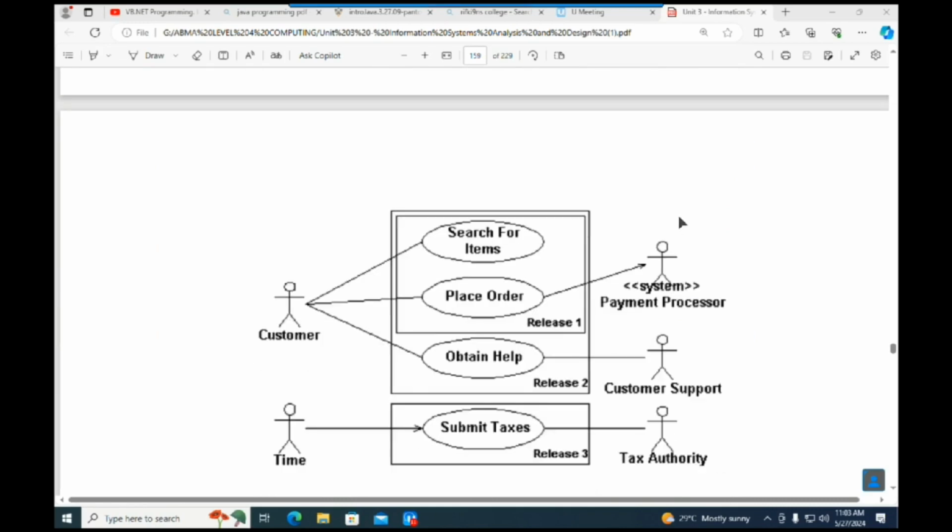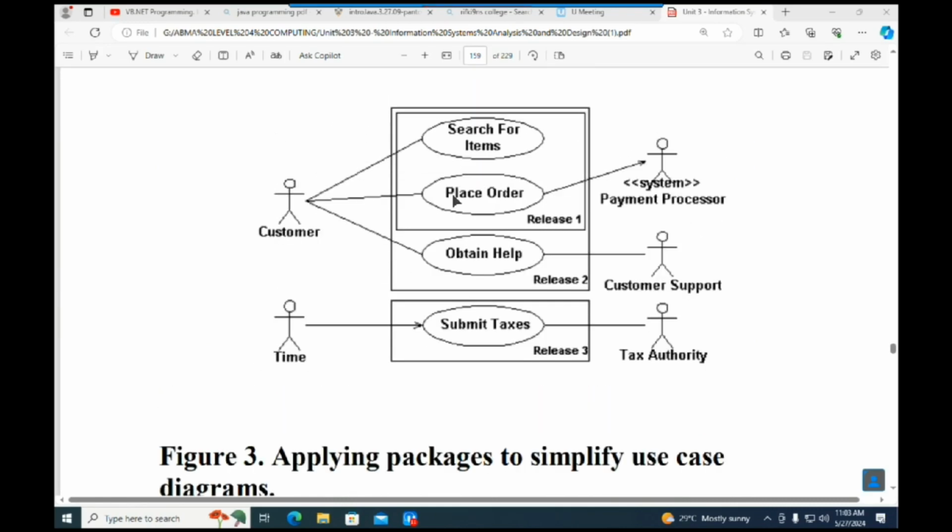see how use case diagrams actually are. So if you look at this, for example, we have a customer. The customer is able to search for items. The customer is able to place an order. The customer is able to obtain help. So when you place an order, then we have the payment processor, as this is another subsystem, but is now acting as an actor. So the order that the customer places goes